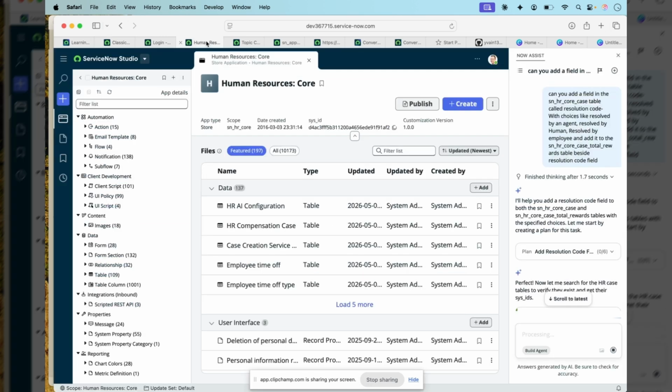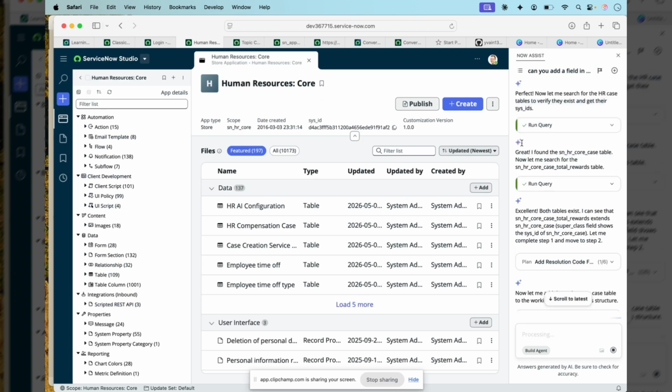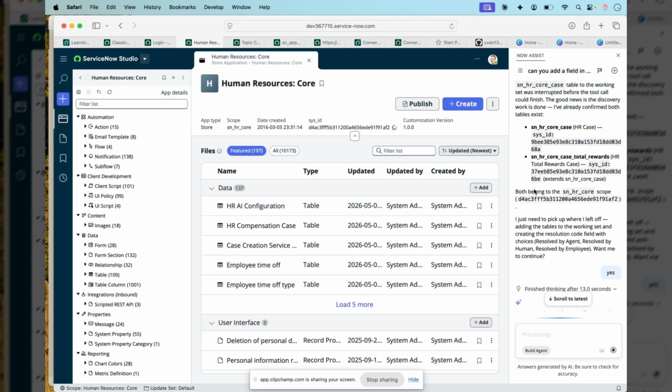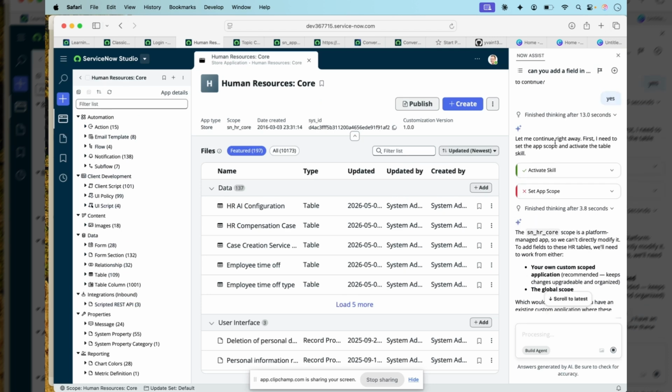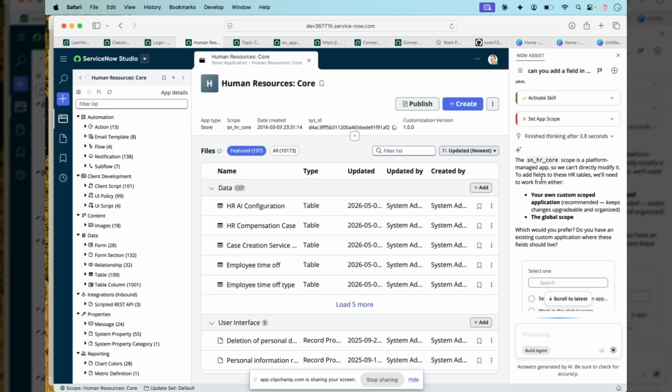But this is what I asked the build agent, and the build agent ran for a while, and it errored out multiple times. Then what it said at the end is that the SNHR core case scope is a platform managed app, so we cannot directly modify it. To add fields to these HR tables, we will need to work from either your own custom scope. So suppose I have my own scopes,